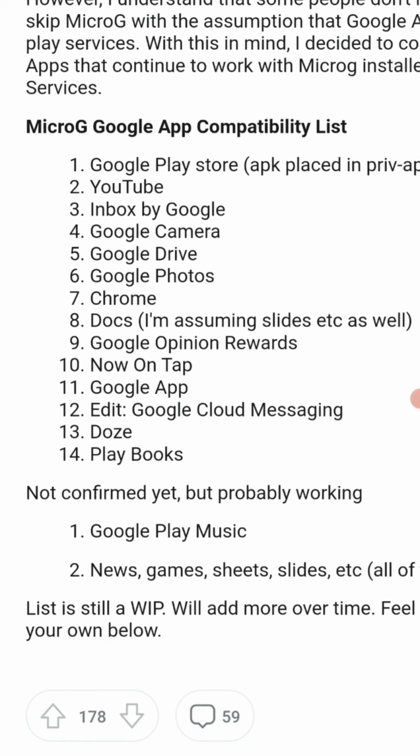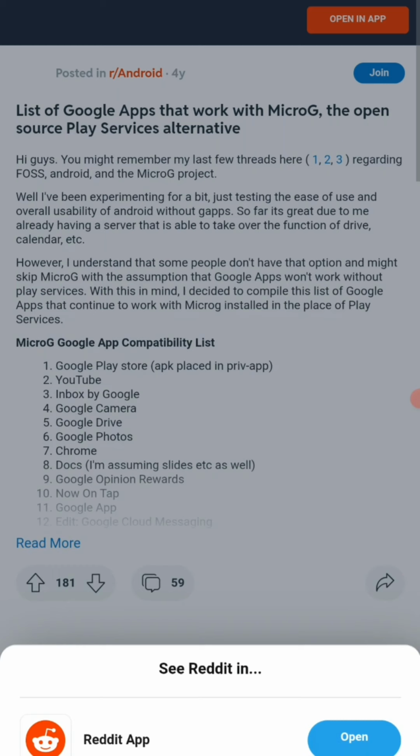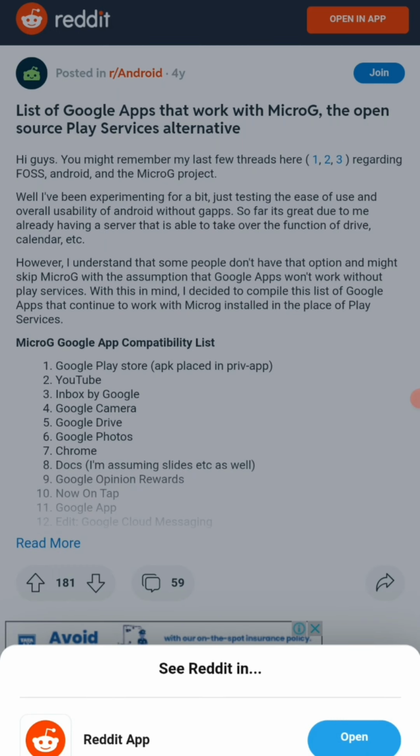Download MicroG for other apps. Like I have said, if I download MicroG Vanced, it only supports applications which have Vanced in their name. So likewise, go search for MicroG core services, like we have MicroG, sorry, Play services. Here you need to search for MicroG core services. I am also providing that link. So go for it and download MicroG core services.